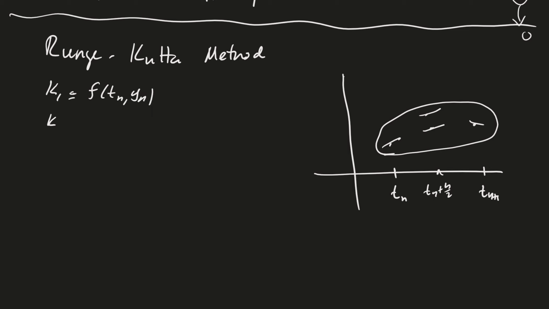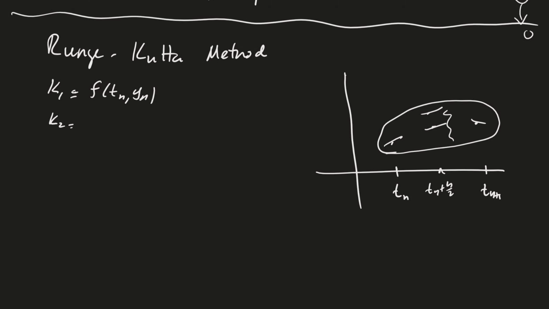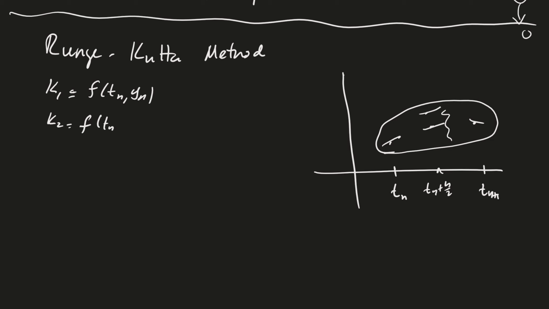the usual. Now K2 is going to use this first estimate to figure out where I am here, and so K2 is going to be f of Tn plus h over 2, comma, and then Yn plus h over 2, because I'm only taking a half step, and then for my y value, Yn plus now h over 2, and then where am I going to go from here? I'm going to use K1